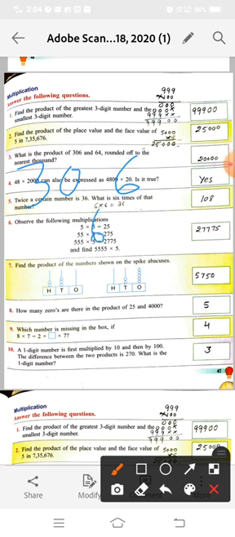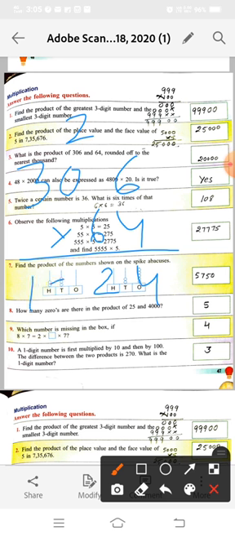306 with 64. So 6 4s, when we read the table of 4, 6 times, we will get 24. 4 6s are 24. Okay, and carry over 2. Then 4 0s are 0, but here is 2 carry, so we will write here 2. Now 4 3s are 12.